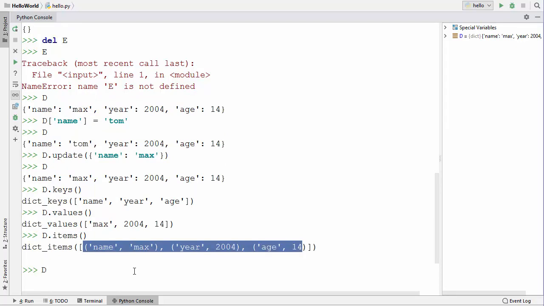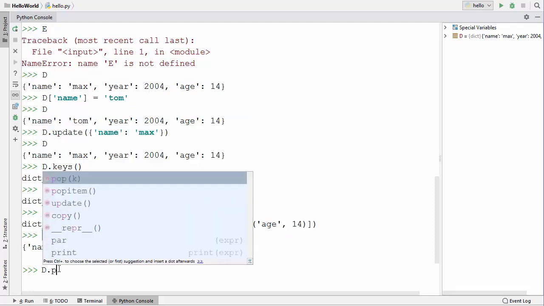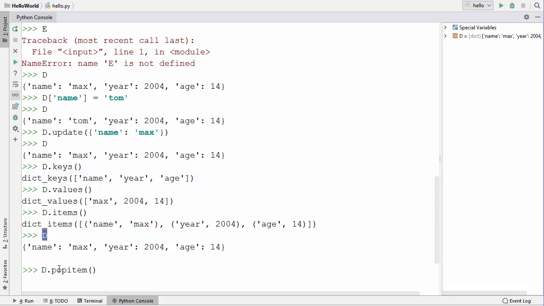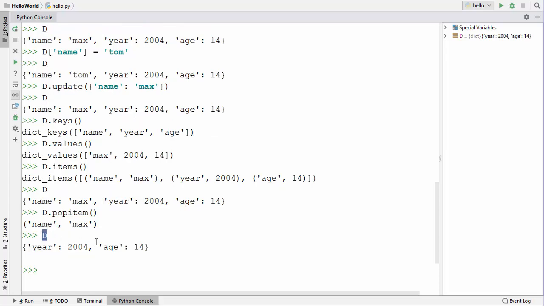Now the last function I want to show here is, let me list out the content of the dictionary first of all. There is one more function which you can use here, which is popitem, and you don't need to give any argument with this popitem. When you press enter, it's going to remove the last key value pair which you have added or updated. Here we have updated this name key value pair, that's why this is removed. And now when you try to see the content of the dictionary, this name key value pair is removed. So this is how you can use dictionaries in